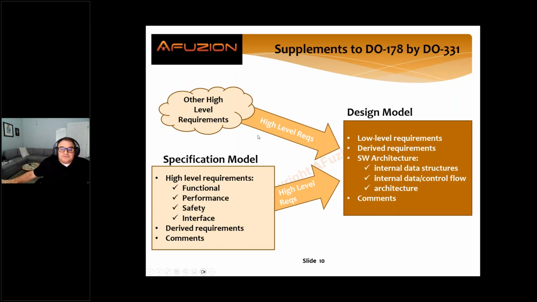As one other example of how you would use the specification and the design model as defined in DO331, you can take the specification model and input that into your design, along with other high-level requirements. So your design model can bring in your specification model and also include extensions. There may be other requirements related to, say, a communication protocol or other requirements related to hardware interfaces that aren't necessarily in scope for your specification model, but you can still include those as part of your design model.